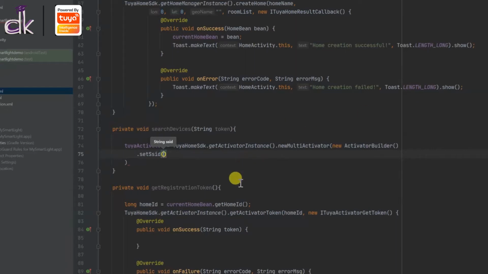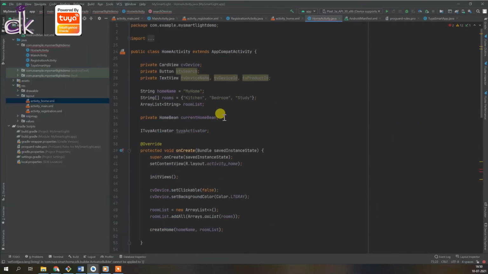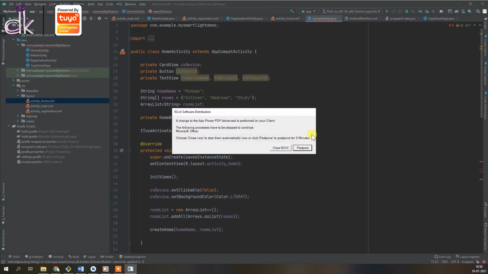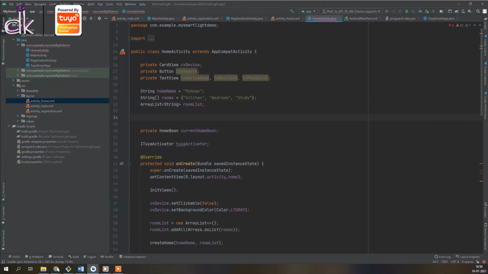Now there are a couple of things you can do here. You can either hard code the SSID and the password of your Wi-Fi. SSID is nothing but the name of your Wi-Fi, and password is the password of your Wi-Fi, right? Either you could create another activity, get the input from the user of the Wi-Fi configurations, and then come to this activity, or you can hard code it. For simplicity, I guess you understand how you can do that, so I'm just going to add it here directly. So I can just add the SSID here.